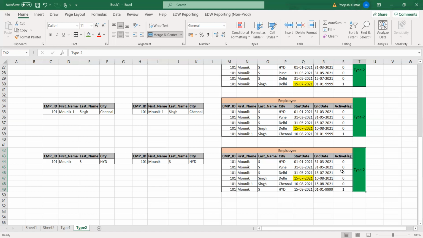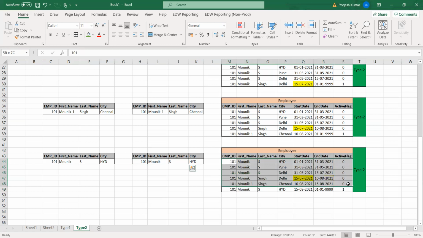You will get a mapping document, and the mapping document will have details like the table name, for example the employee table is type 2, and the employee detail table is type 1. You will get these details in the mapping document, and after that you will apply these logics once you start the execution.